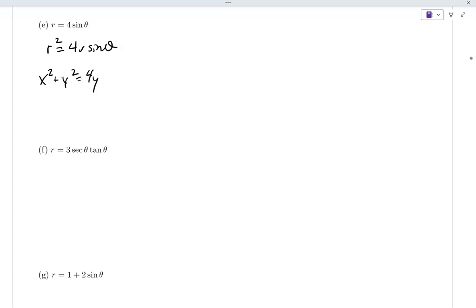Let's do the next one. The last two are kind of fancy. I'll post the answers to those on Moodle rather than going through them in class. I want to get into some new stuff today. This next one is a little bit fancy, but it's not too bad. If we have r equals 3 secant theta tangent theta,